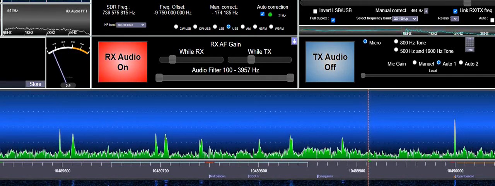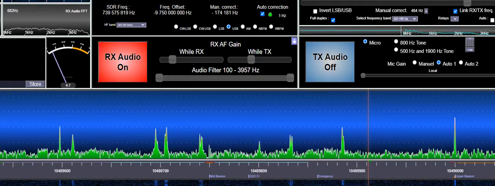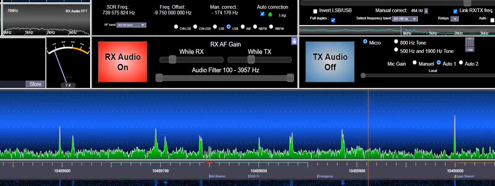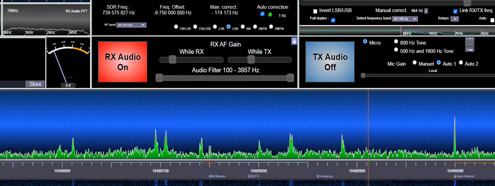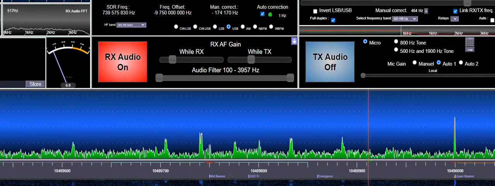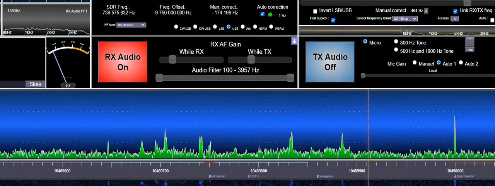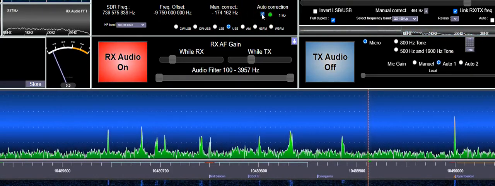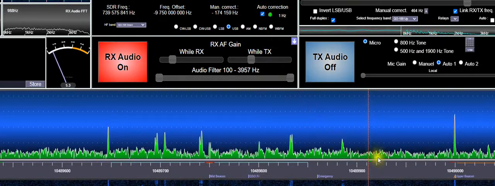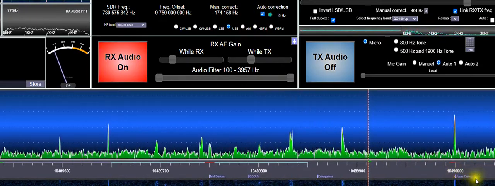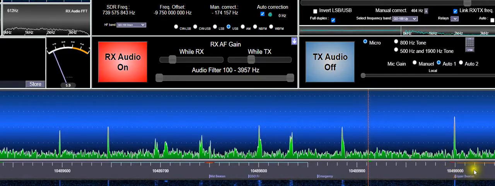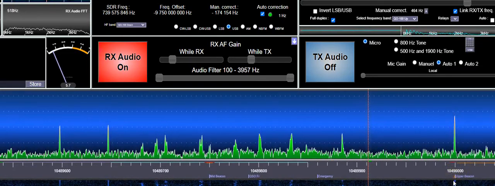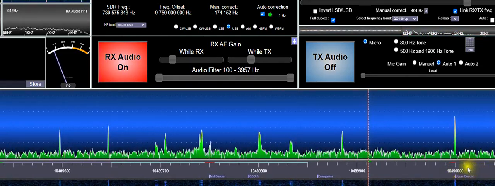RemoteSDR has a drift compensation facility, which is a very important point when you are working on the satellite Q100 at around 10 GHz. First, you have to compensate the drift on the receiver side. For that, you have to click the auto correction button, because in the configuration file we have defined some beacons, the upper and lower beacon on the satellite Q100, and automatically the system will correct the receiver in order to